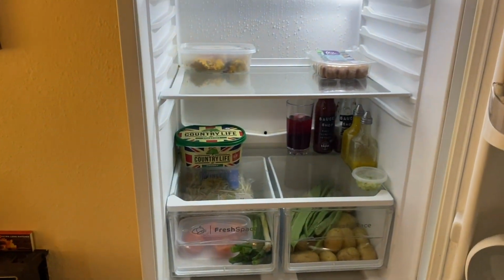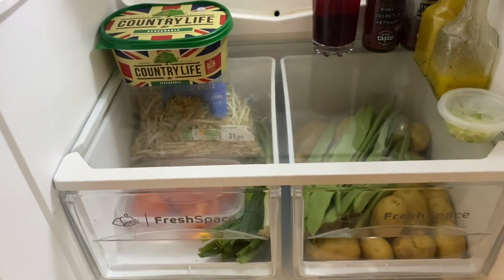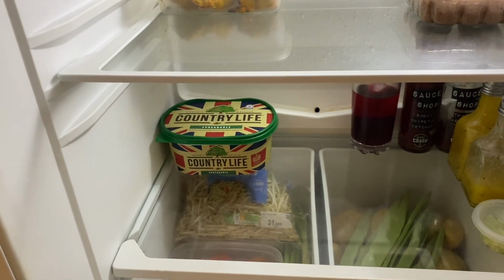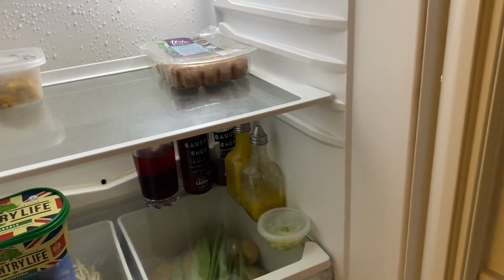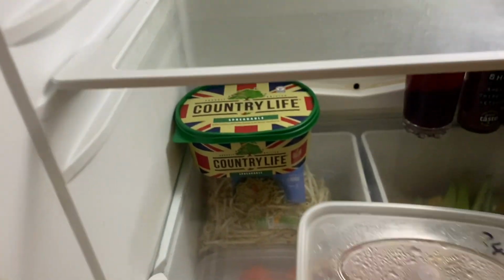Now, I was planning to make a nice Sunday lunch, and I was really rather looking forward to it. And you know what? I can't be asked. So, or can I? What time is it? Tough one. I can't be asked. So I'm going to use these bits,